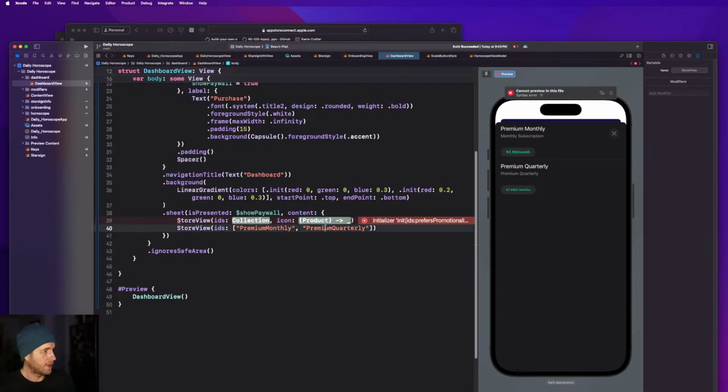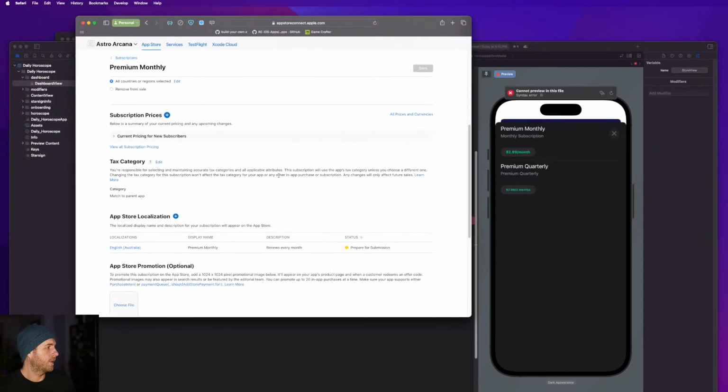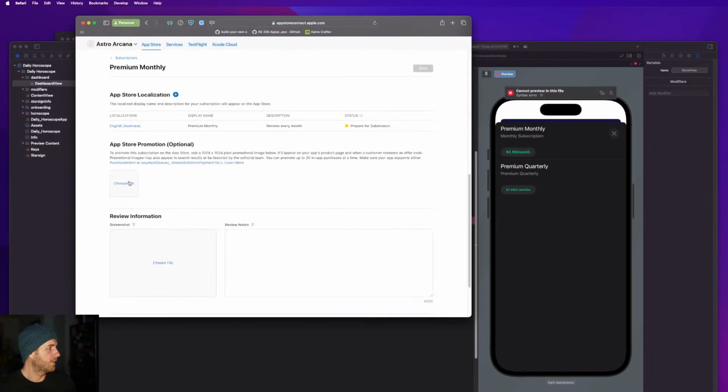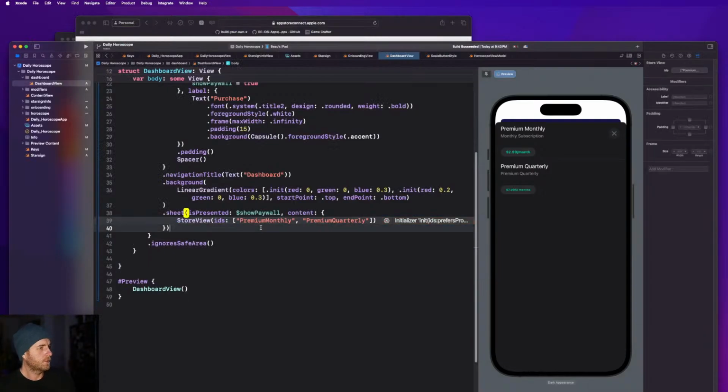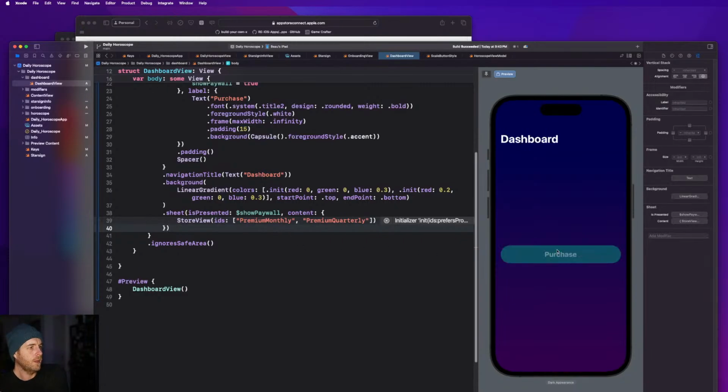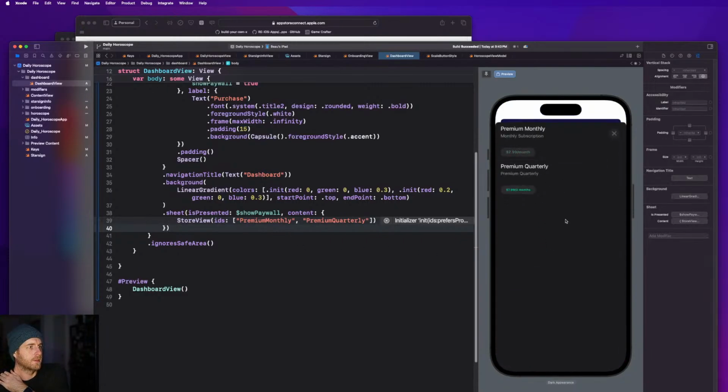I had the assumption that it would show the icon from here, like whatever you set up here as an image, promotional image, but maybe you can provide your own. I'm not sure what that's about. So we hit one of these, we do a purchase, see what happens. And nothing. It is in a preview, so